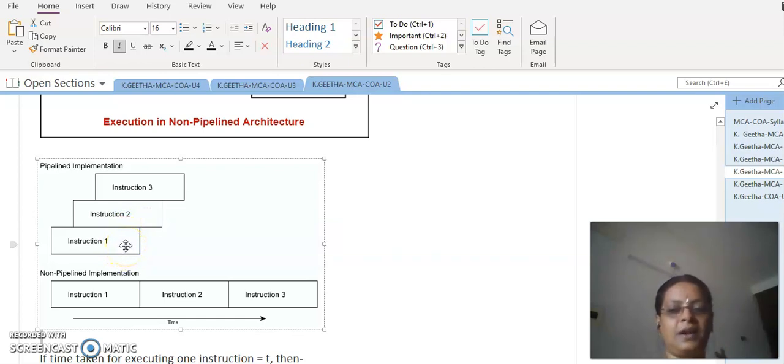So in general, we improve the performance of computers by two techniques. One is parallelism, and another is pipelining. In parallelism, we demand multiple parallel units, and each unit does its operation simultaneously. In pipelining, it's not that we have multiple units. We identify each instruction as different stages, 4 or 5 stages, and we try to overlap these stages. The purpose of overlapping these stages is to utilize all the hardware units effectively, and we ensure that none of the units is idle. And by making all the hardware units active, we are able to improve the overall performance.